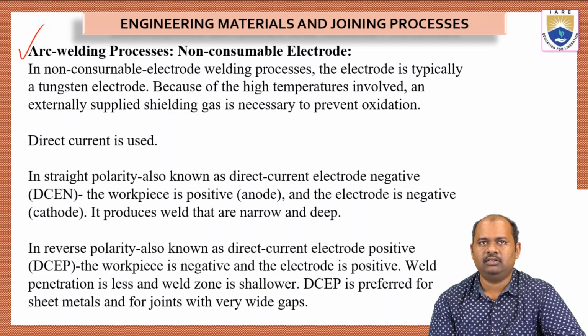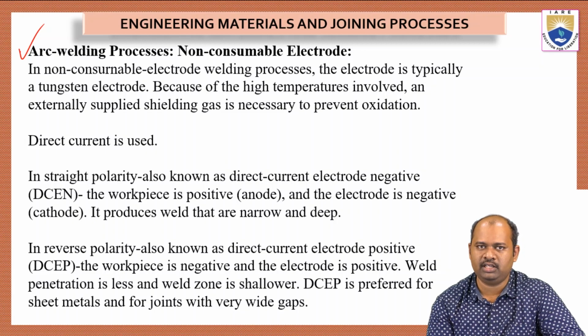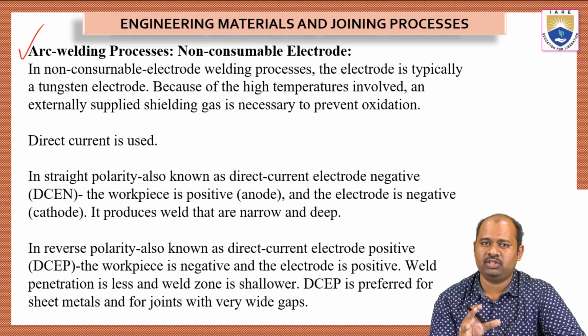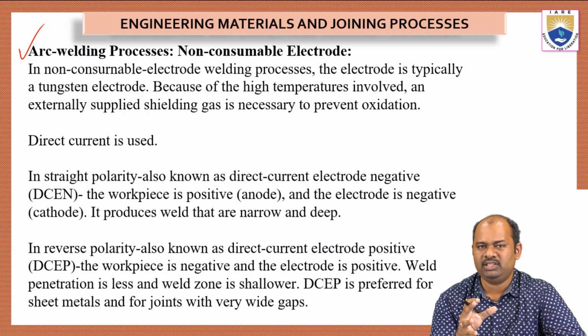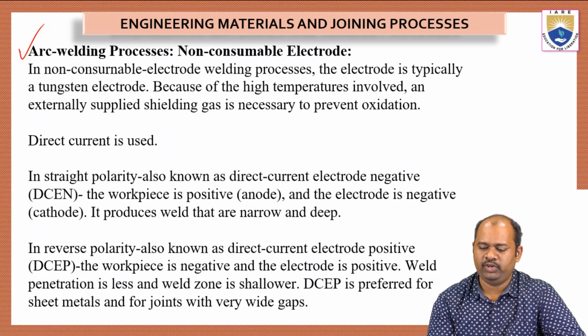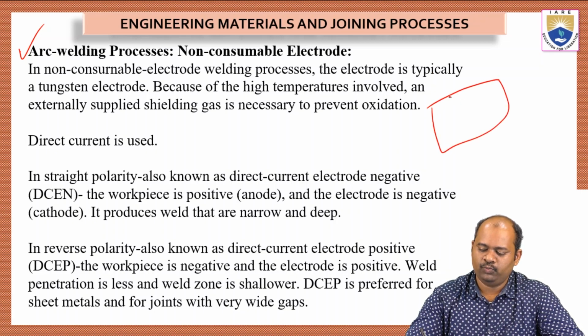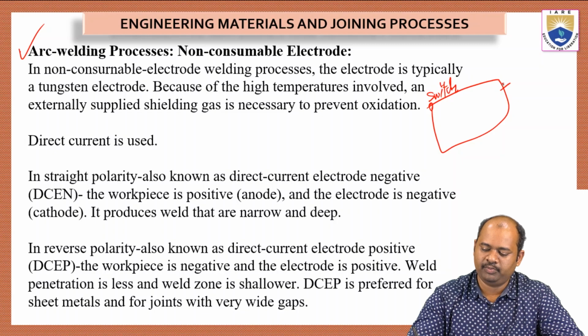When we compare gas welding with arc welding, the source of heat changes. The source of heat in arc welding is electricity. We use an electric circuit for the production of a spark. So how is this spark formed? We know that for a closed circuit, we should have a switch. We have a switch, and then we have a power source, that is plus and minus, and then we should have a positive and a negative